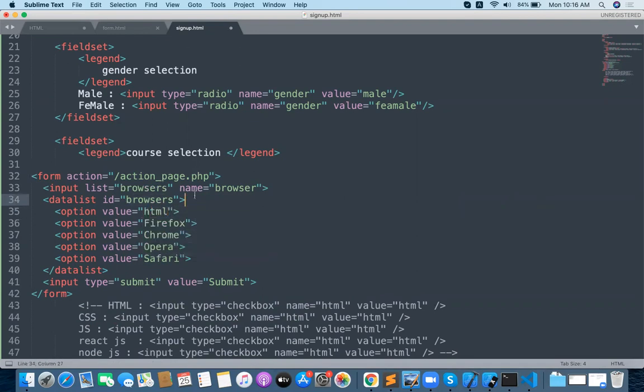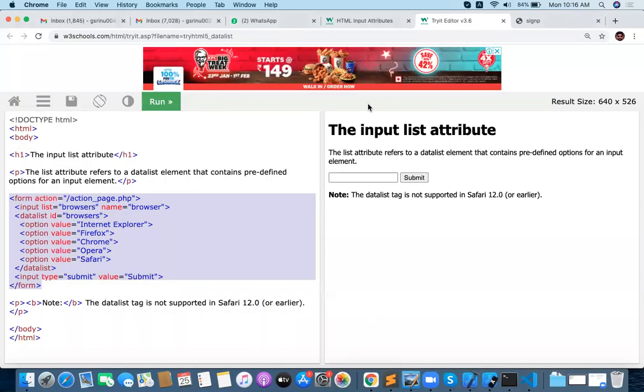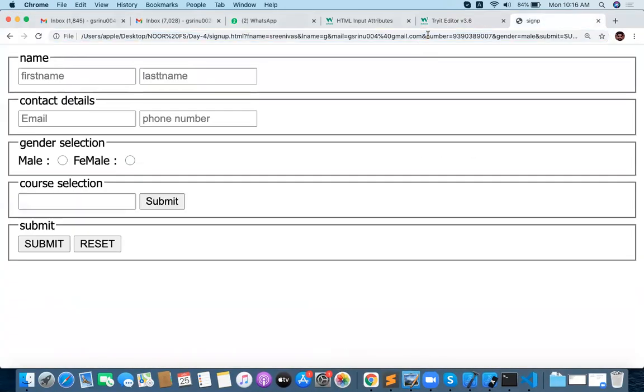You can choose HTML, CSS, JavaScript, or React JS. He is going to be filling the form for these particular values. This is also called a radio option, where we can choose only one option from the group.